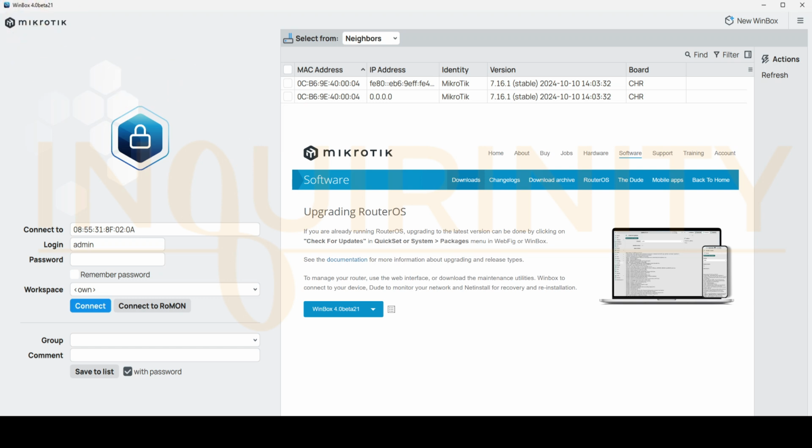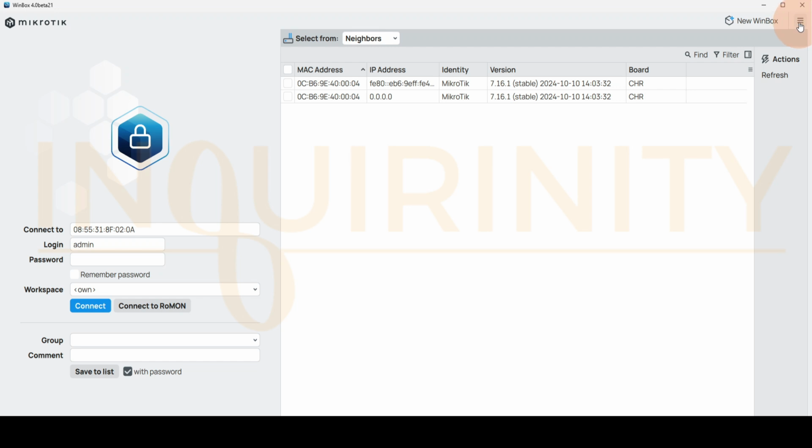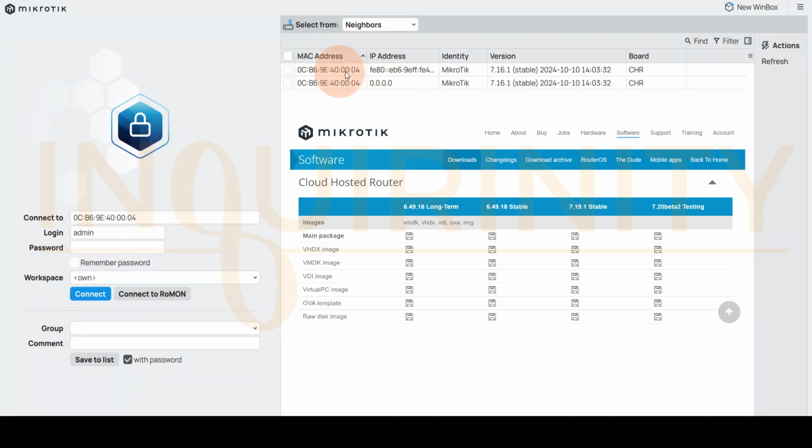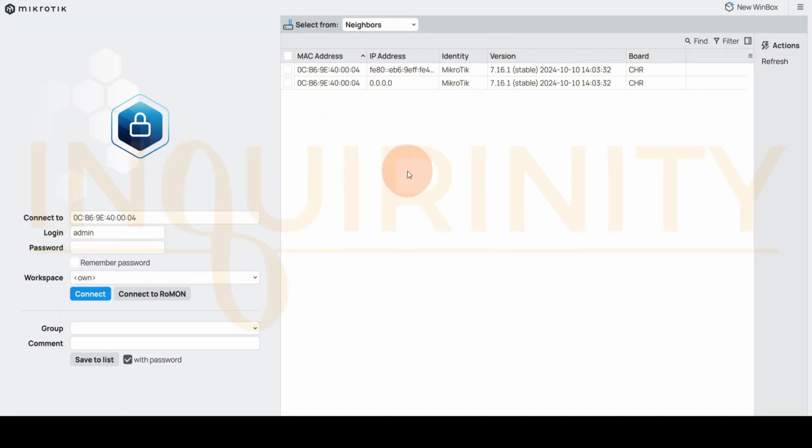Along the way we could touch different WinBox features, such as workspaces. If you go to the top right portion, the hamburger button, we have this interface. We have zoom, which I'm utilizing for the benefit of the viewers. We have one MikroTik CHR which is powered up, so it's discoverable. Click refresh, and it's using